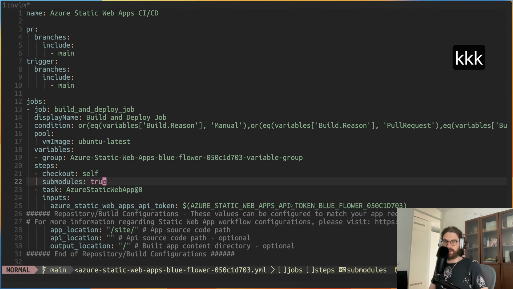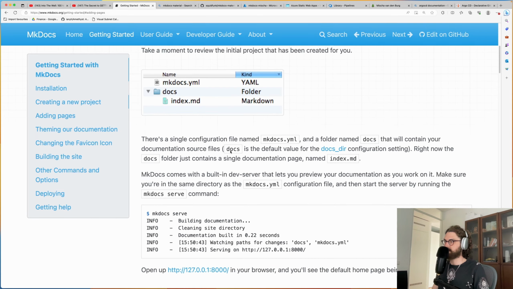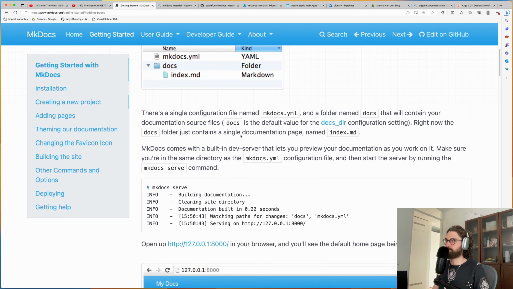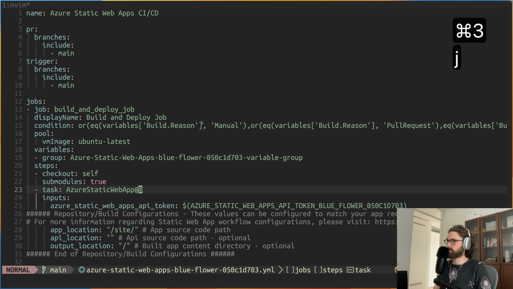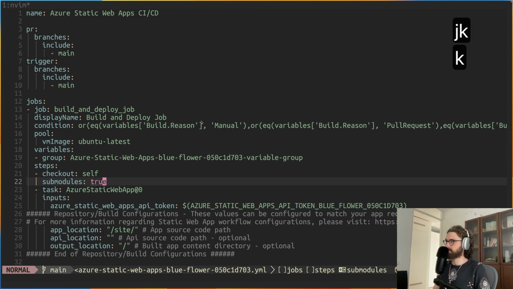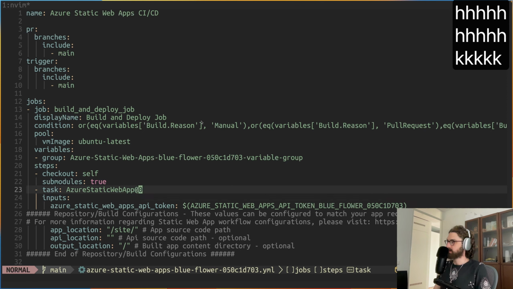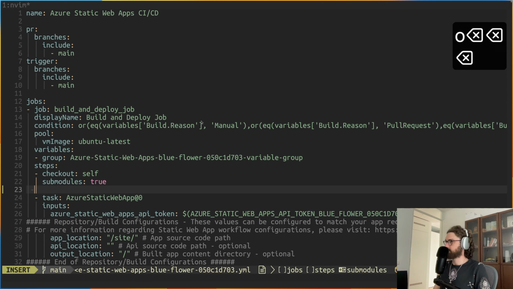Now, in this pipeline, we have to still do a couple of things, because as we saw in the MkDocs guide, in order to generate the website, you have to run the MkDocs build command, right? So let's do that. We have to include a step here where it will actually build the MkDocs website from it, and then serve the contents of the site directory as the web app. So how do we do it? We go to the steps, and we add a new step. It's very simple. We just run a bash command,